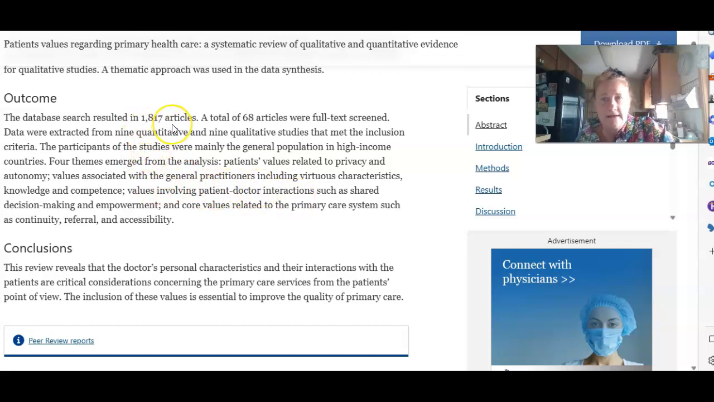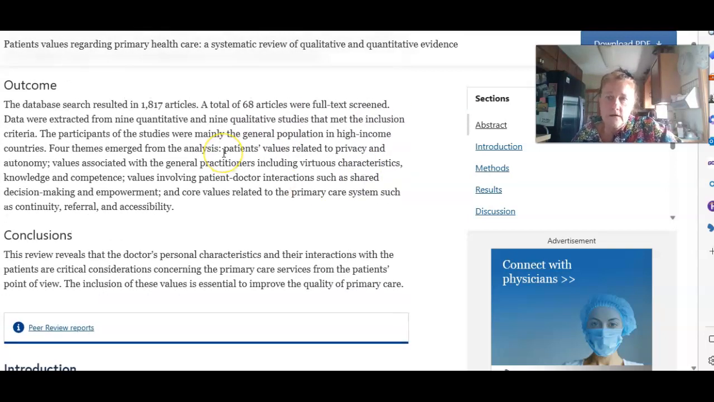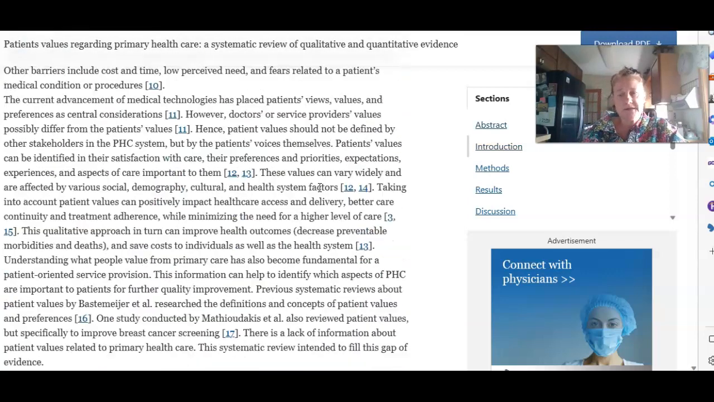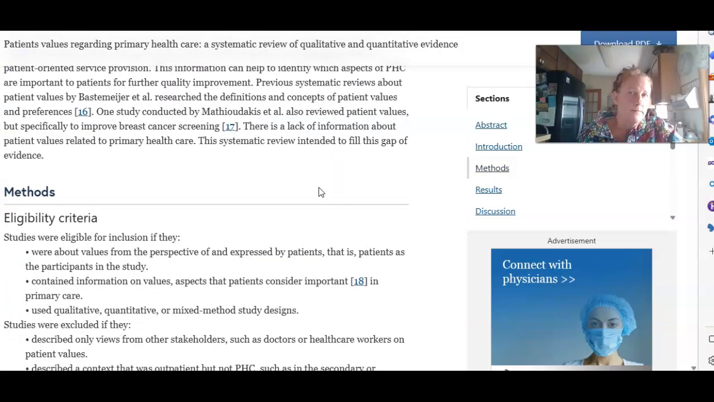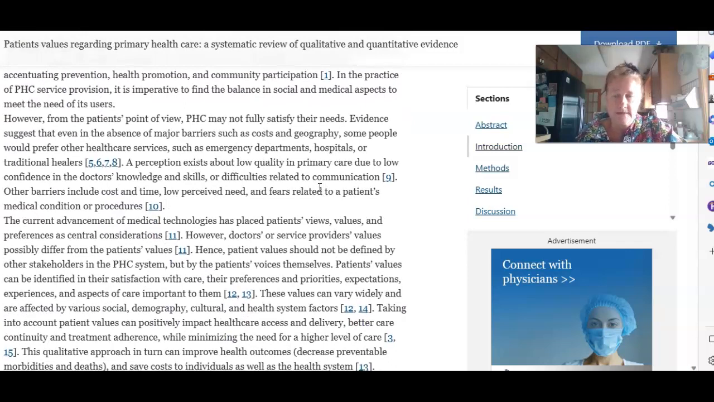They looked at 1,817 articles, and of those articles, only 68 came up with what they really needed, and that's what were fully screened. And all of these articles came from high income populations, and they were all done in English. Okay. So in your sample size, for example, you might say, well, they only found 68 articles in English that